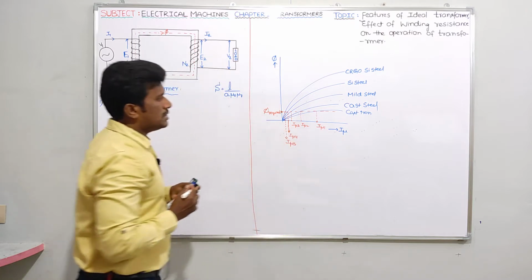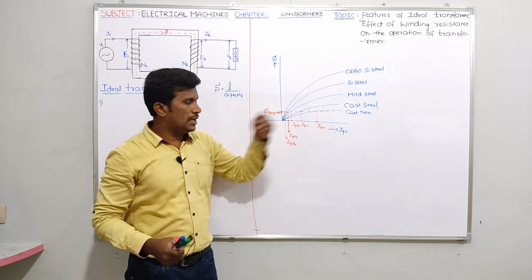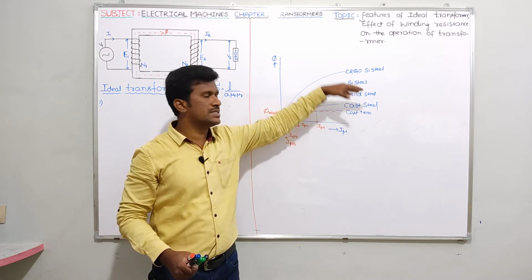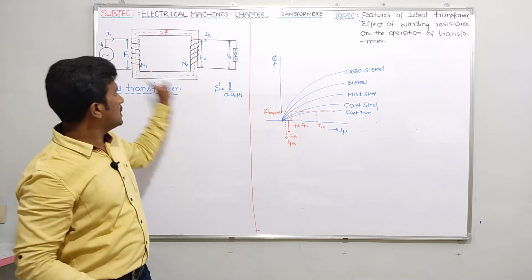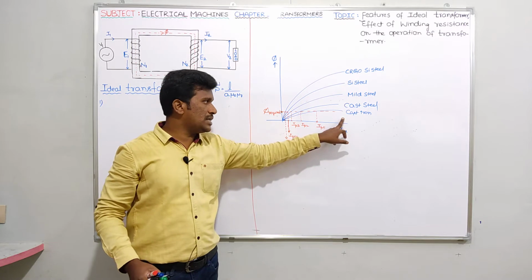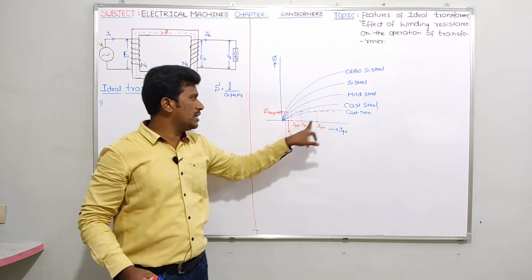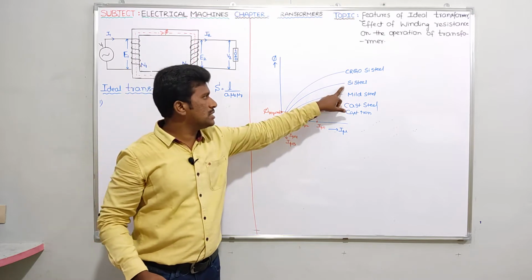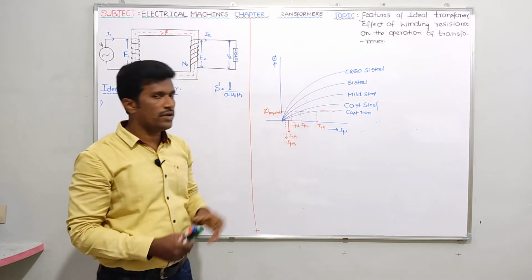Okay, please try to see here. The transformer core is made up of different materials I have taken here: cast iron, cast steel, mild steel, silicon steel, CRGO silicon steel. If you want to produce this much amount of flux in the transformer core, if it is made up of cast iron, it will take I_mu1. Cast steel, I_mu2. Mild steel, I_mu3. Silicon steel, I_mu4. CRGO silicon steel, I_mu5.